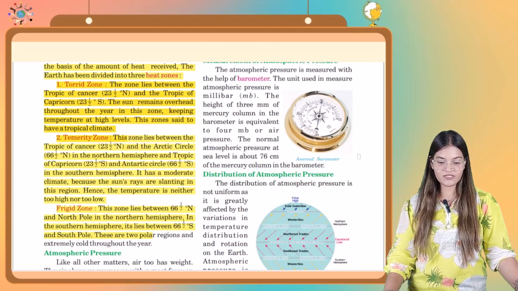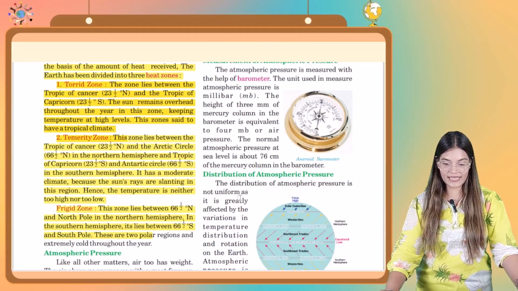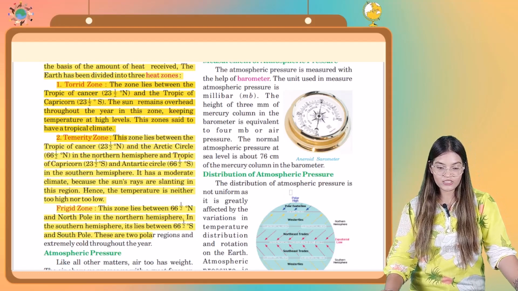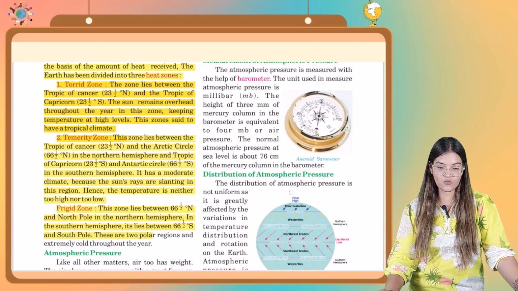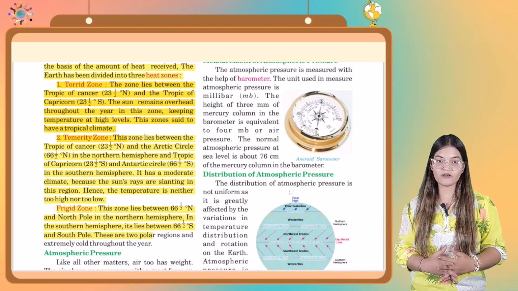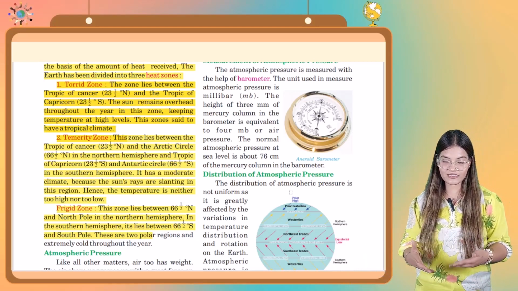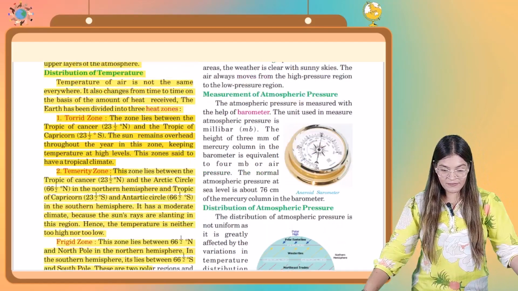The zone lies between the Tropic of Cancer 23 1/2 degrees N and the Tropic of Capricorn 23 1/2 degrees S. The sun remains overhead throughout the year in this zone, keeping temperature at a high level. This zone is said to have a tropical climate. काफी ज्यादा जो इसका लेवल है काफी ज्यादा हाई रहता है, जिसकी वजह से